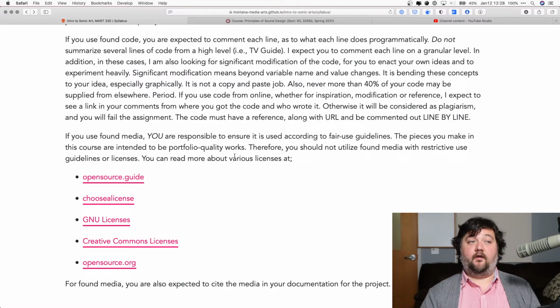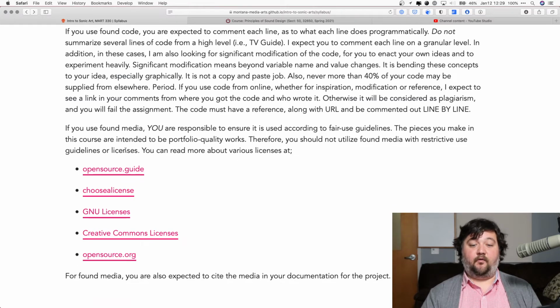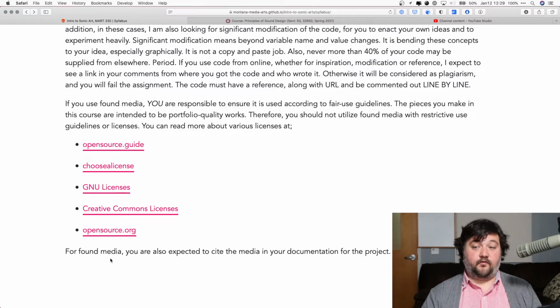Some of them require you to attribute where you got that media from. Some of them do not. It is your responsibility to make sure that you are using content which you are allowed to use. If you have any questions on that, please read through any of these and all of these sources.